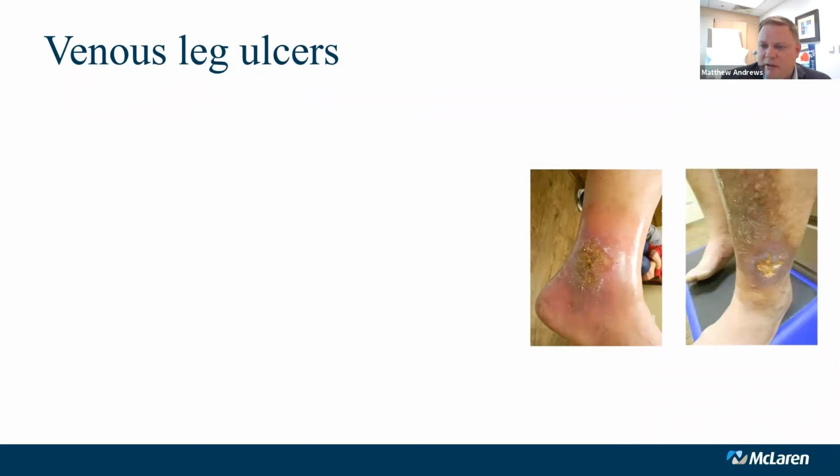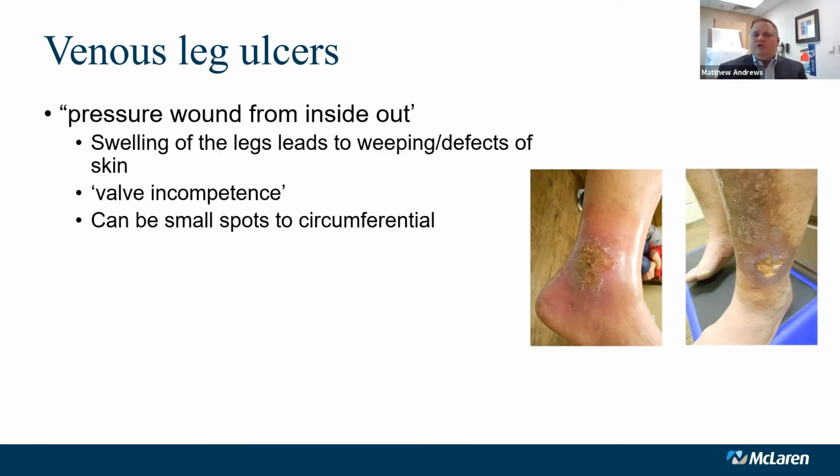Venous leg ulcers, again, the picture, I try not to pick a picture that was too graphic here, but these are a very, very common thing that we see as well. These are oftentimes due to veins within the leg that will cause some dilation just due to insufficiency of the veins, and they really become like a pressure sore from the inside pushing out. So sometimes these will weep, and you can get drainage. Oftentimes it's a clearish to clear yellow drainage out of these things. They can be horribly painful.